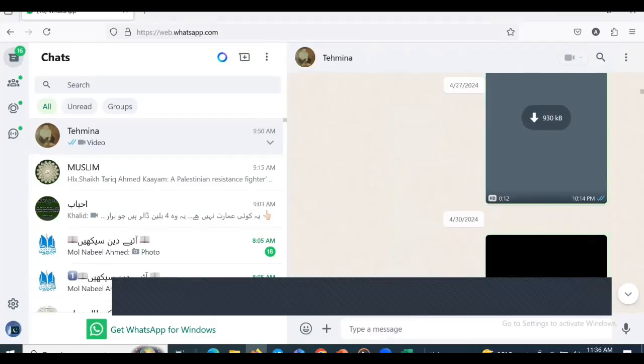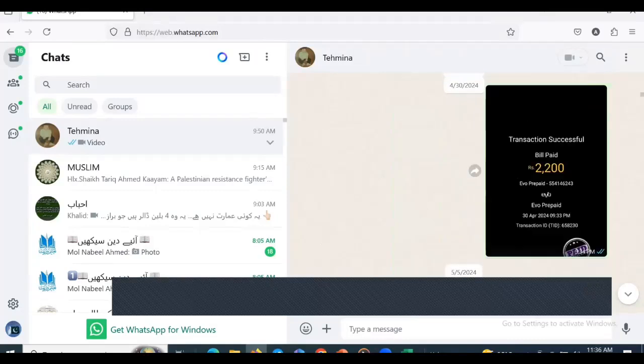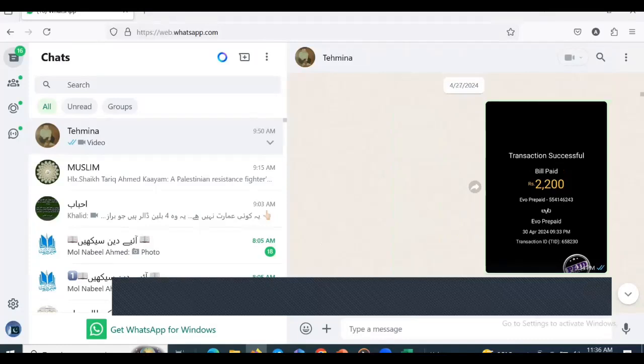So let's go to a transaction somewhere in April, 30th April. We download it, and WhatsApp will use its own naming convention. We will change it to fit our own naming convention.